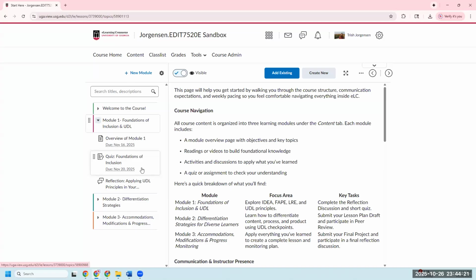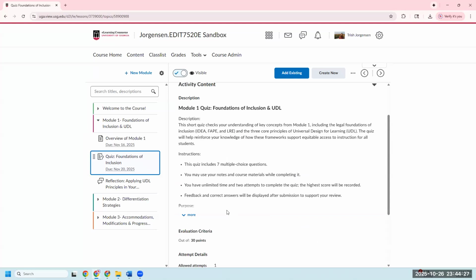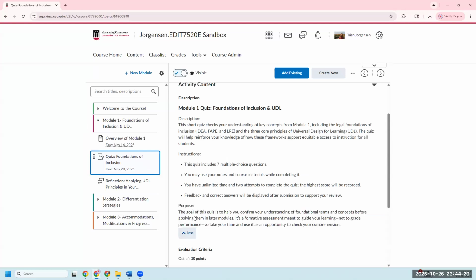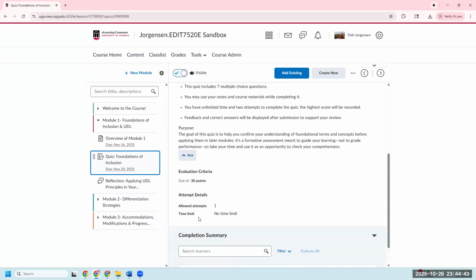So for module 1, it is a quiz, Foundations of Inclusion, where I give a description about the quiz, the instructions, and most importantly, the purpose of each assignment is listed so that learners are understanding what or why they are partaking in any of these assignments and how it's helping them grow throughout the modules. This is 30 points, and